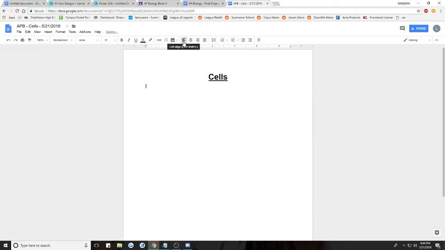Now, here is the title, and under it you can begin with your notes. From there, essentially you can use the bold and underline to help you organize your notes. So if I was taking notes on cells, you want to subdivide your notes to make it easier to read, easier to study. So you would do bold,